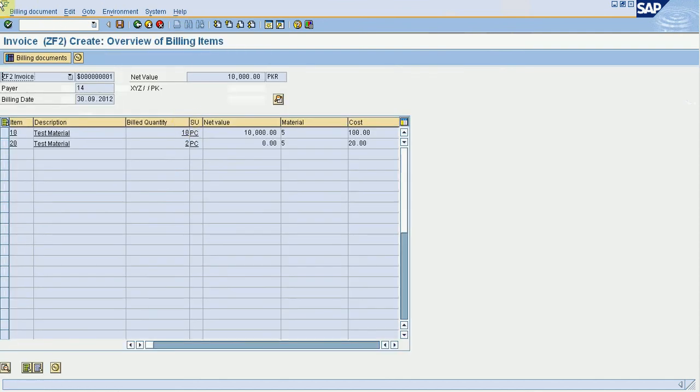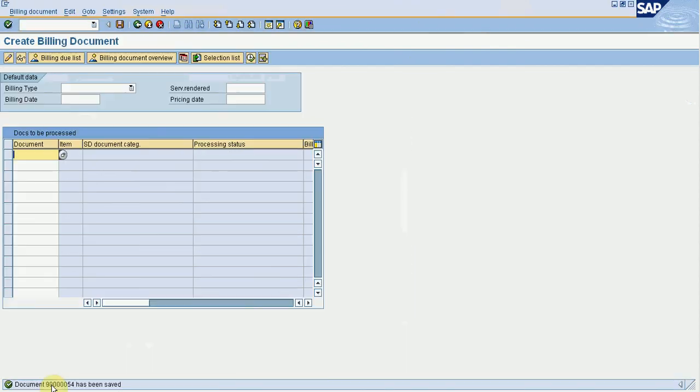The system fetches every aspect of information from deliveries, since we are catering to delivery related billing in this scenario. Once I press save, it's been saved.